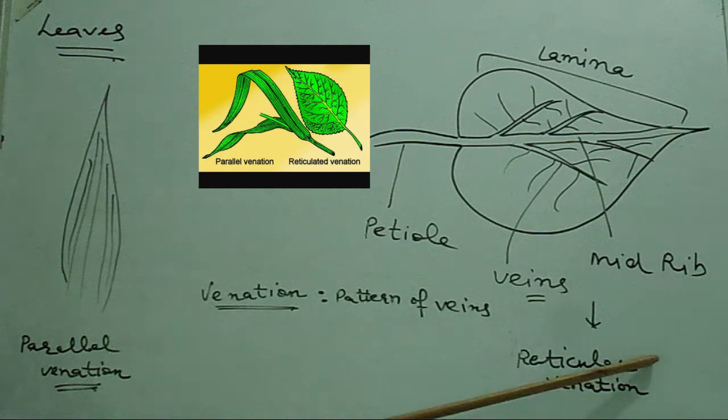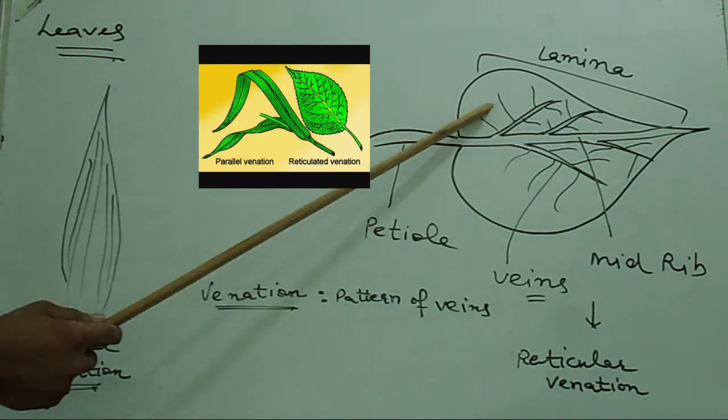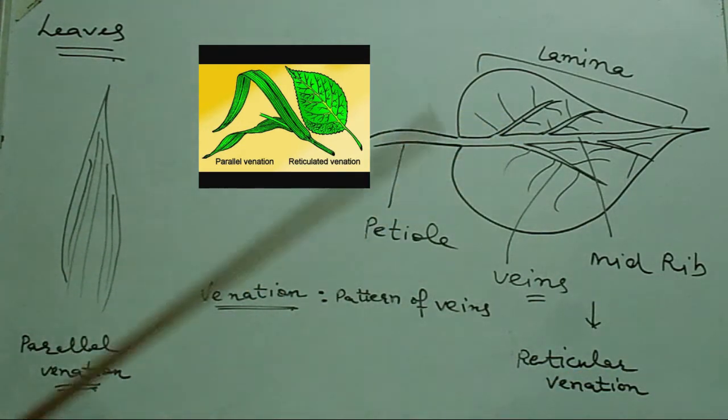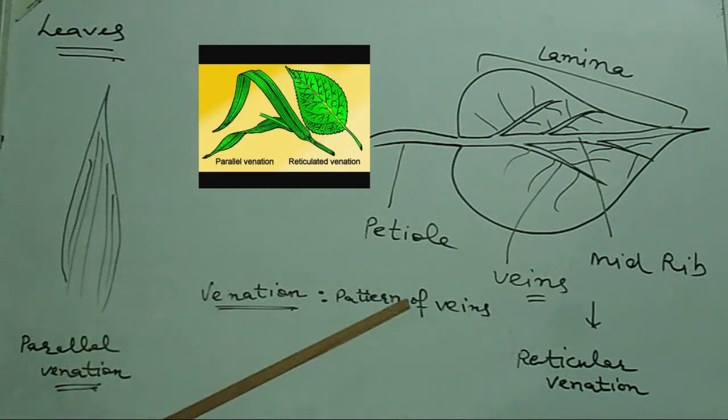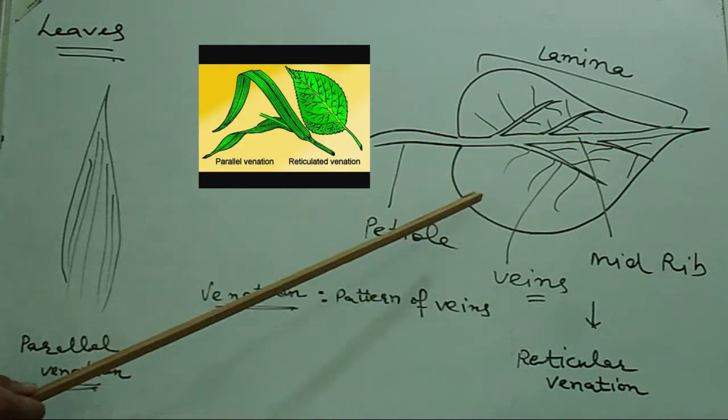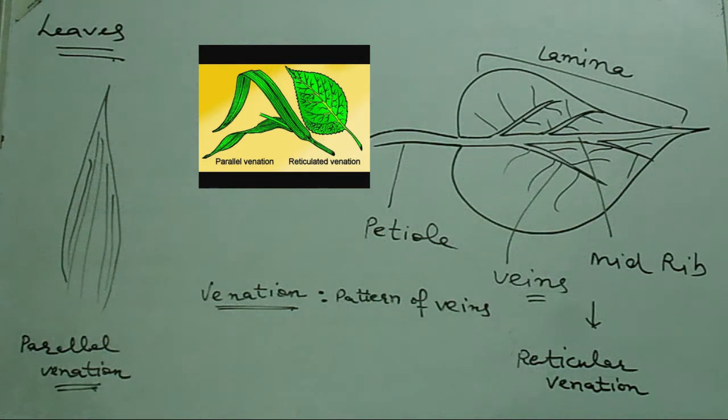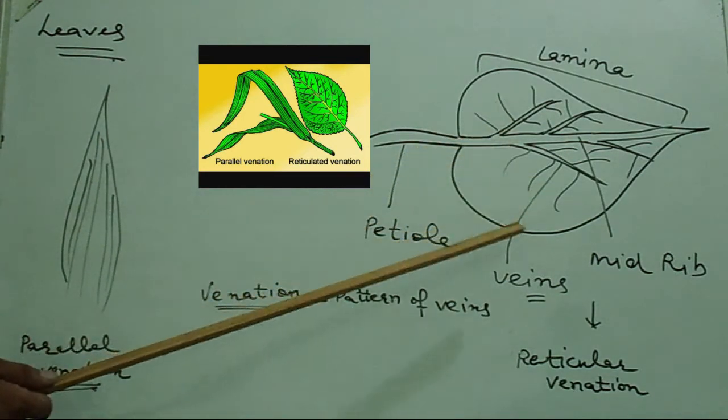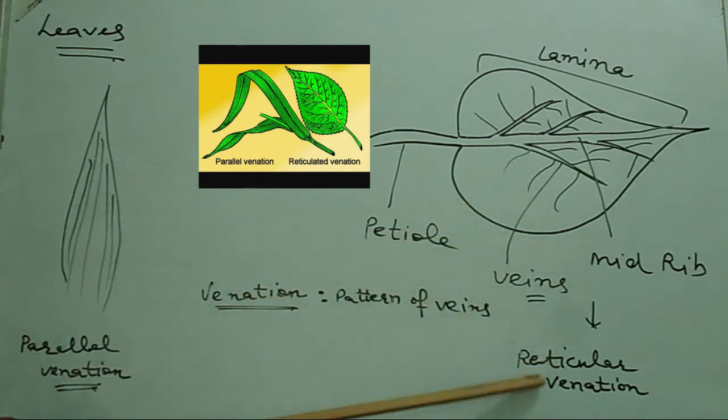Reticulate means jalidar, like a net. If you see this leaf, if it gets dry, you can see in your school campus or in so many parks you visit, there are so many leaves on the ground. They are almost showing only their veins. All the green part disappears. वो जाली वर्गा तो जड़ा पत्ता दिखता है. So you can see the pattern very clearly, and that venation pattern is reticular venation.